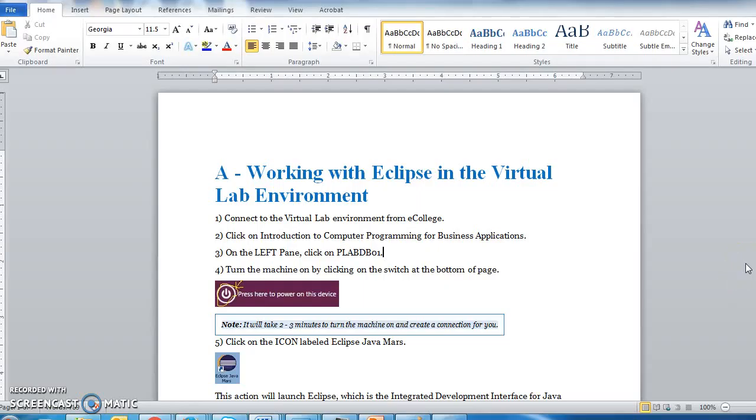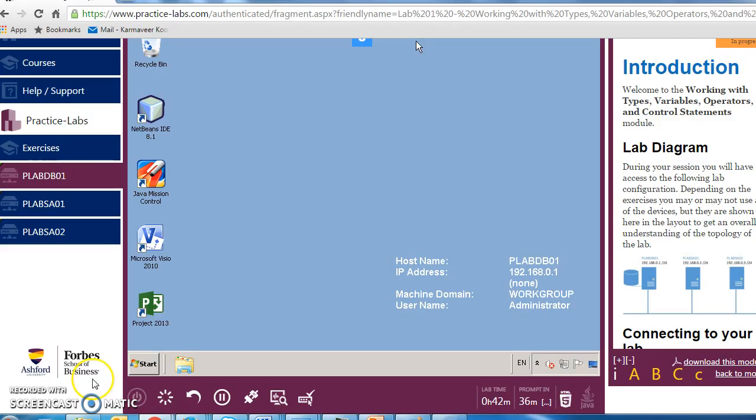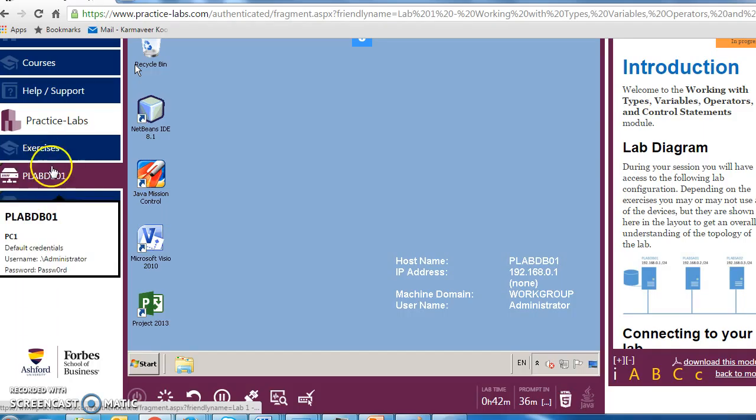Okay, folks, what I want to do here is to walk you through the first lab. I hope you've been able to connect to the virtual lab from eCollege. Remember, there should be a link there that will connect you to the virtual lab. Once you are in the virtual lab, you will have an interface like this. You will need to click on your course, and once you click on your course, you're going to see these